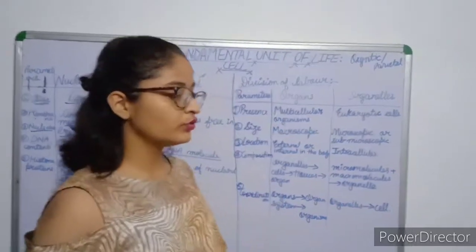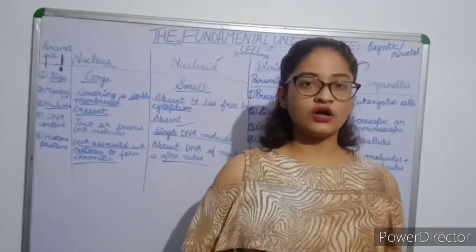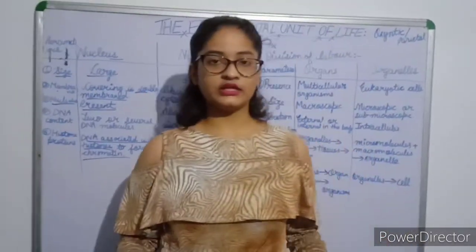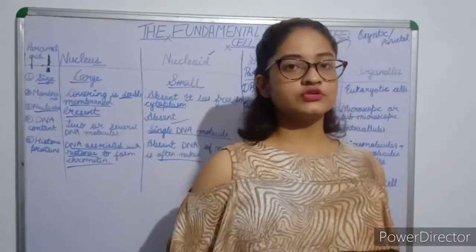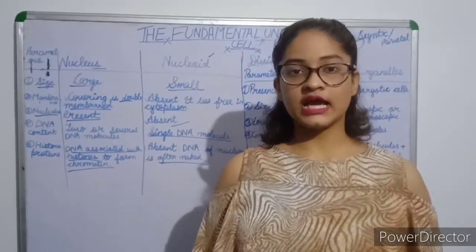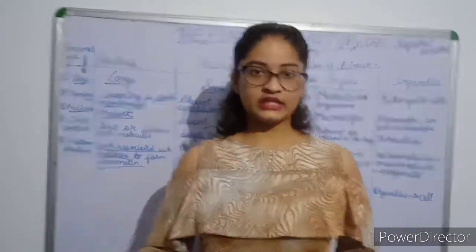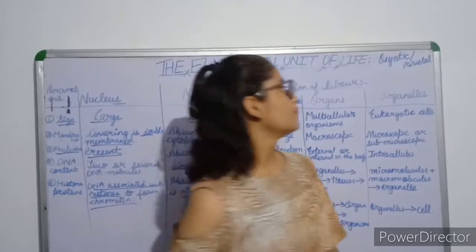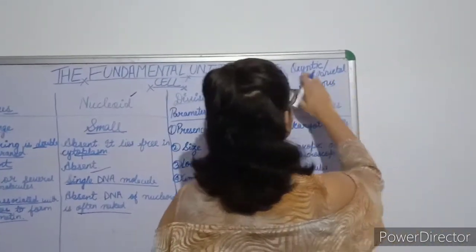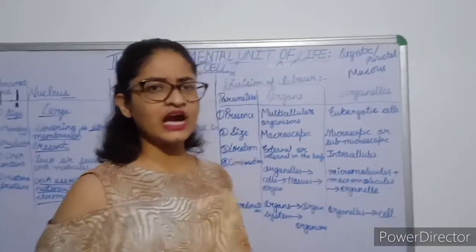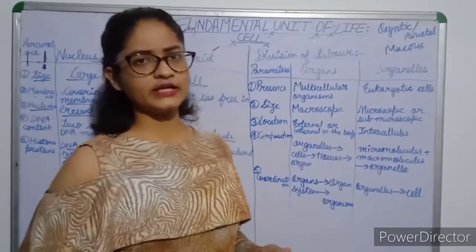What does HCl do? Hydrochloric acid. What does it do? It kills all the pathogens, all the bacteria which are harmful to us, and also activates the proenzymes and the prorenin for the digestion of protein and the casein which is present in milk. Also, oxyntic cells secrete Castle's intrinsic factor, which is responsible for the absorption of vitamin B12.